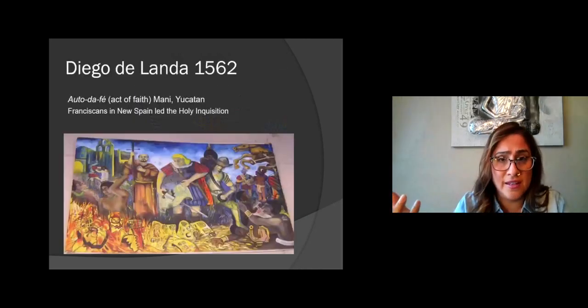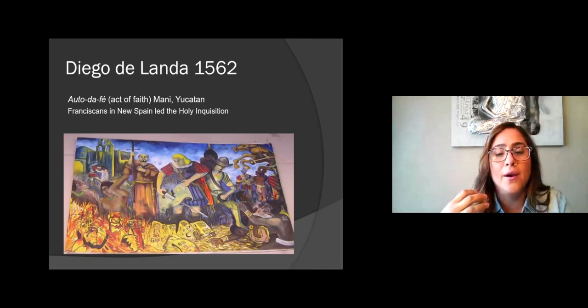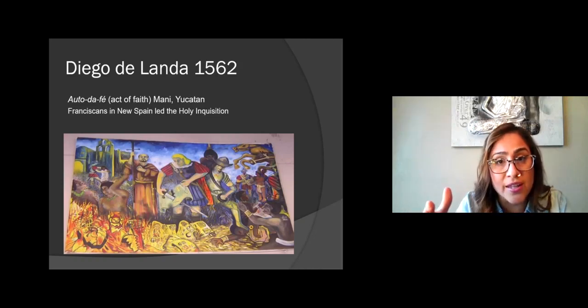And in other cases, in the case of Mani, Yucatan, we have situations that took place that have left many archaeologists and anthropologists trying to piece back together this puzzle, because the Mayas had extensive writing. They had extensive calendars and written documentation. They were one of the few indigenous people that did have an elaborate system of writing. So when Diego de Landa was